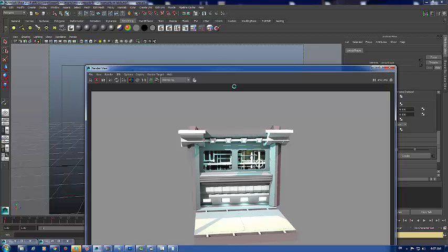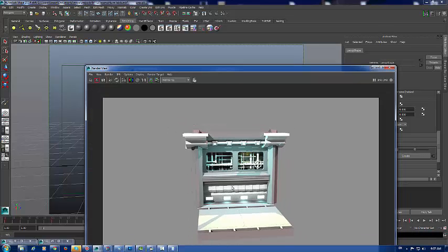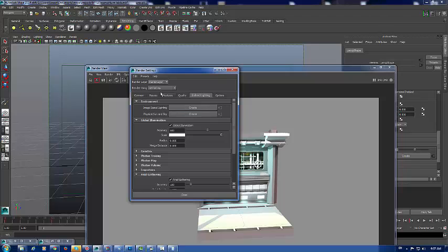And all my stuff is very bright, so that gives us an okay view. That might work. But the other thing you might want to try doing is just doing physical sun and sky,